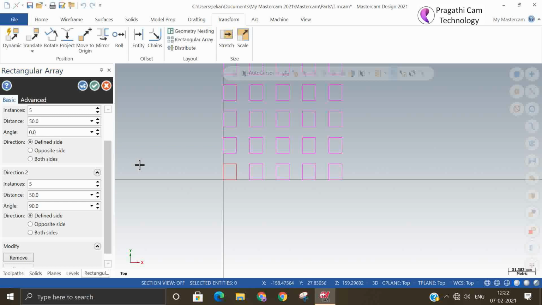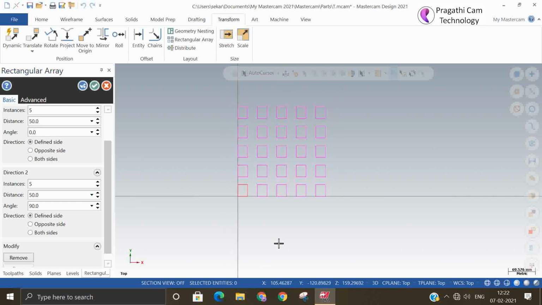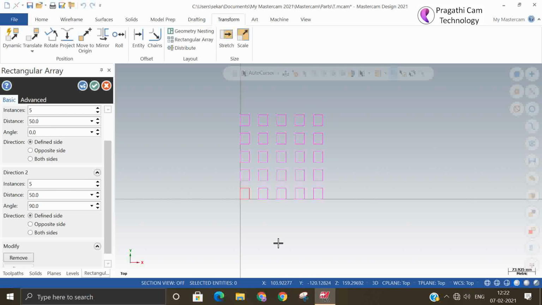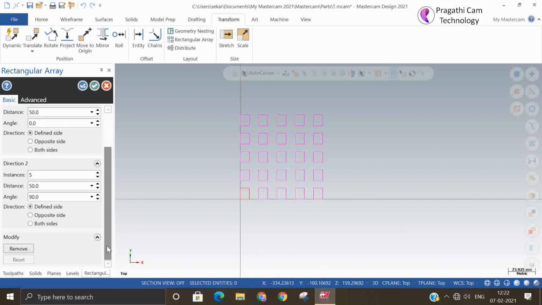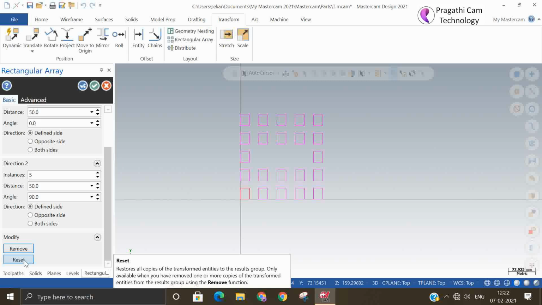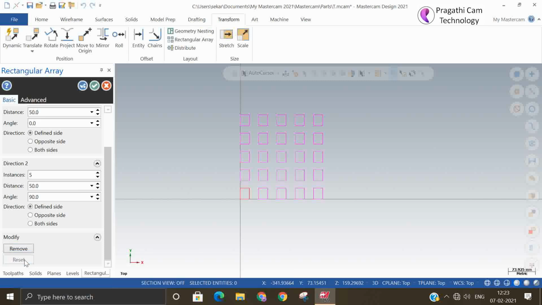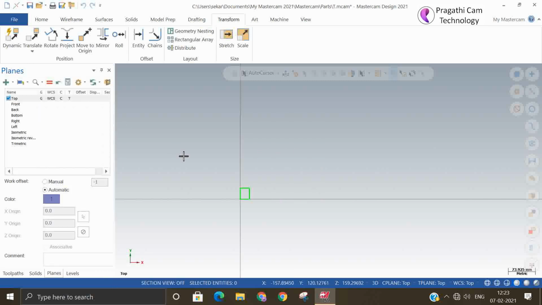Okay, so you can see that this is the rectangular array. You can see both sides, the opposite side, and even if you want to remove some entities, you can do that. And if you want to reset, you can reset it. So both of these things are available in the rectangular array.